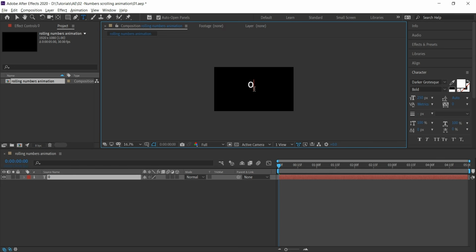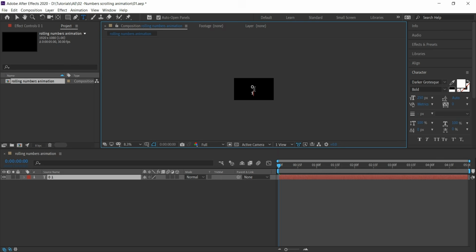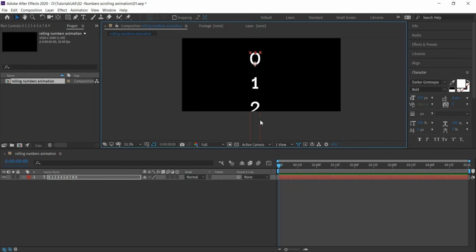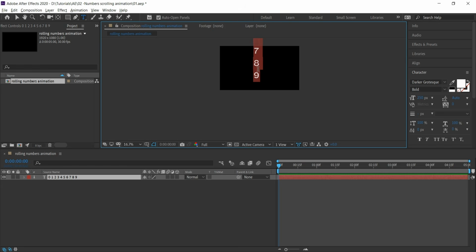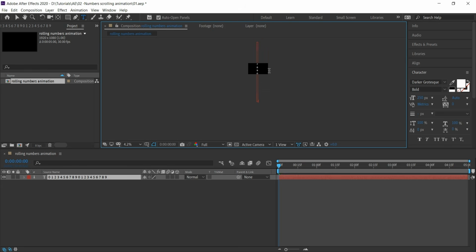and type out the numbers 0 to 9 vertically, just like I'm doing. And then copy and paste these numbers 5 times in the same text layer, so we have a long sequence